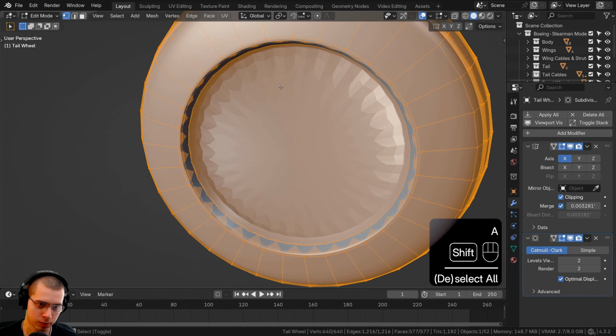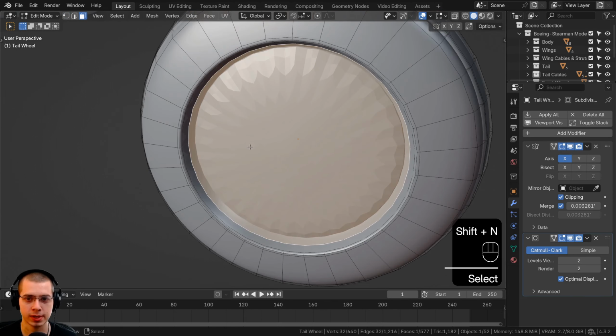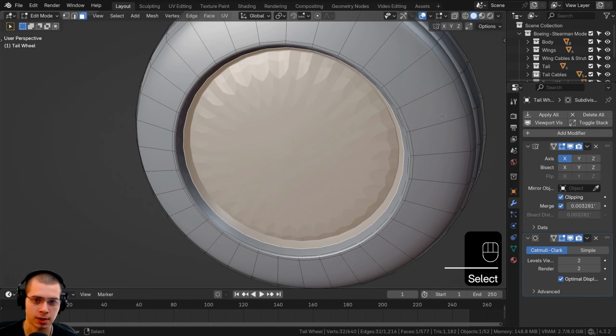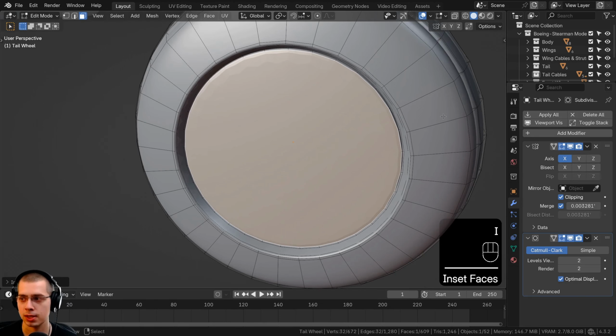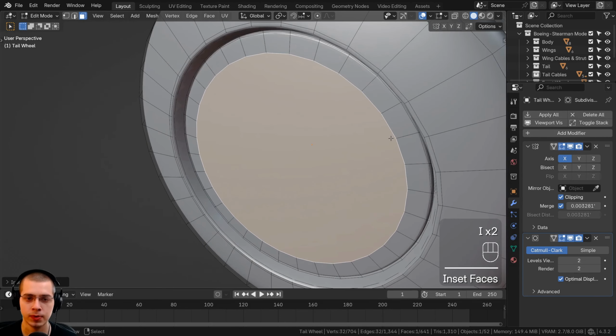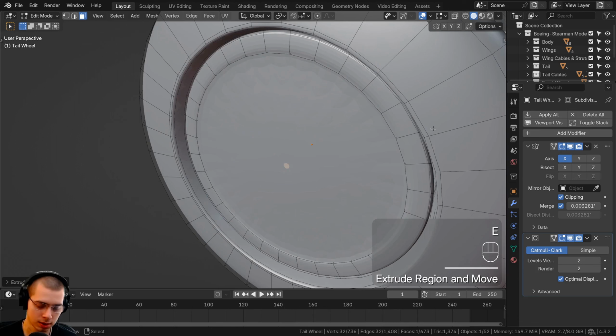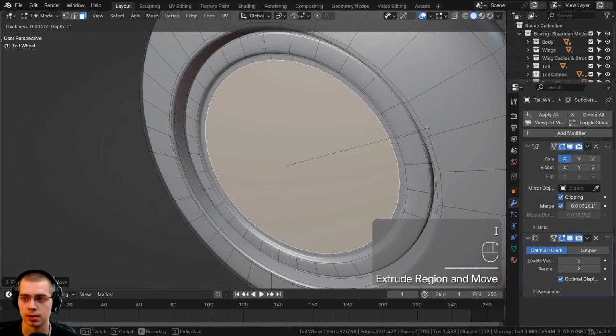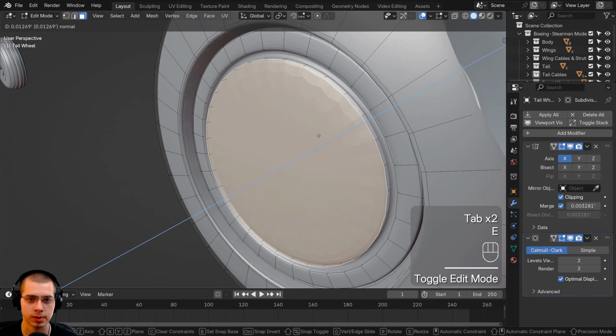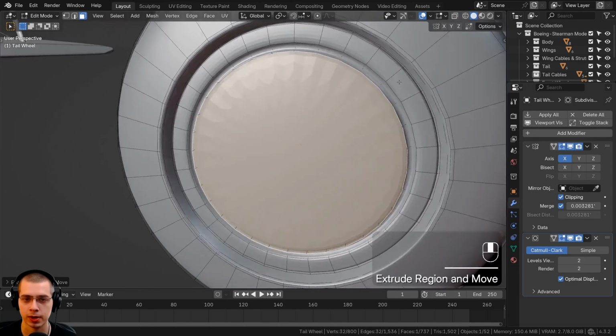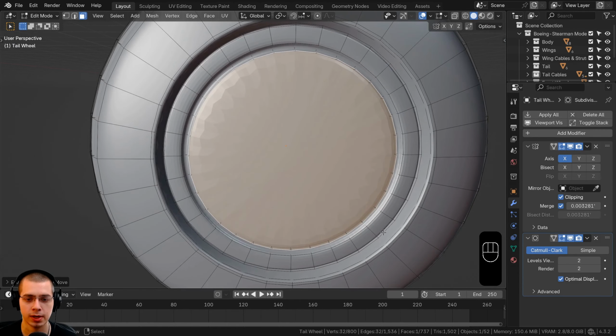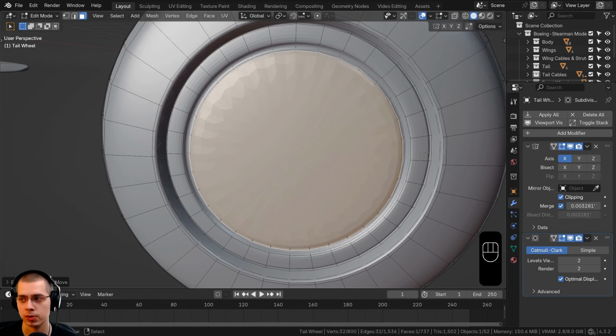So let's now select everything and recalculate the normals, and then let's go to the face select and select this front face. And we're going to inset the face a little bit, and then we're going to inset the face again, and then we're going to extrude it back in, and then we'll inset it again. Then we will extrude it back out so it's a little bit bigger, so just extrude that out there. So you can see now we have that little crease there in the hubcap,